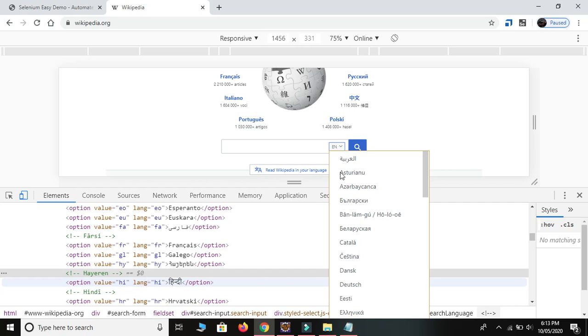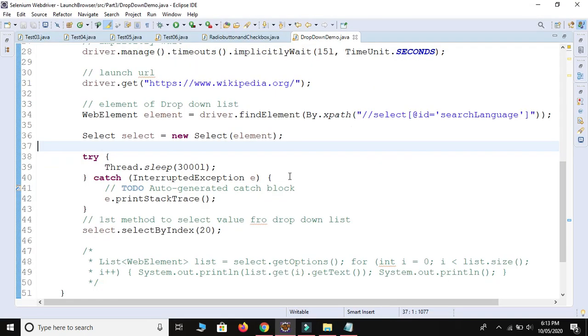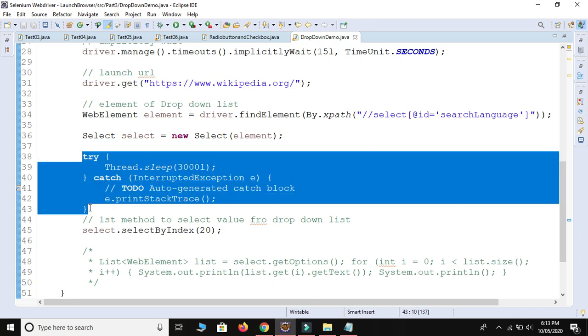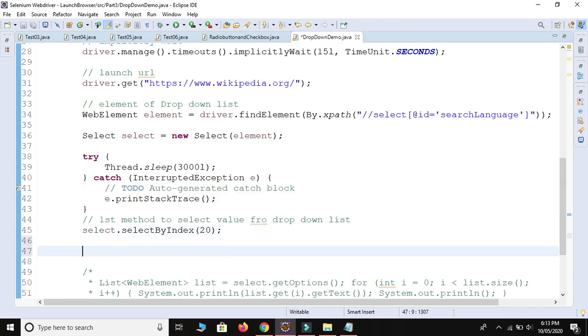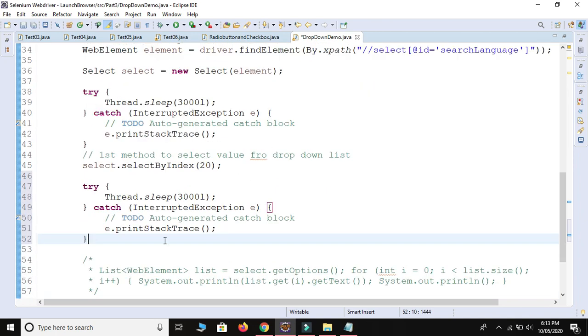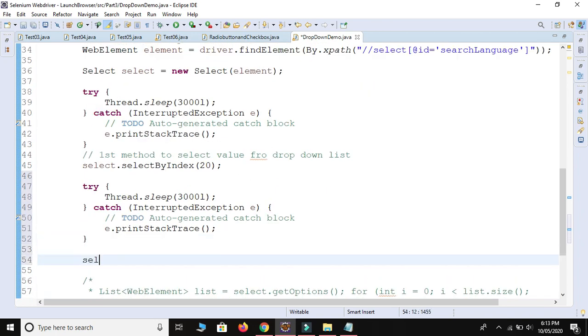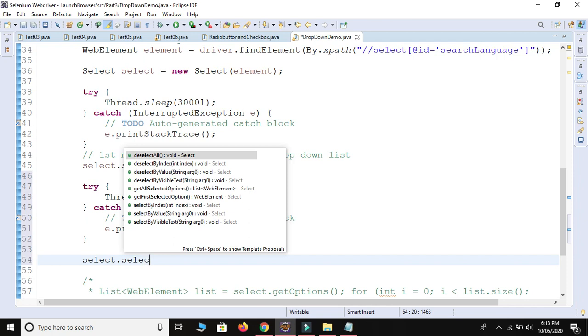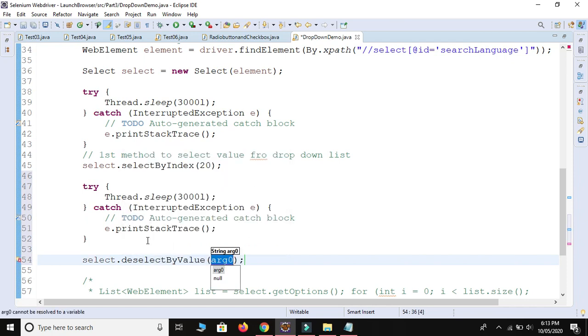So if I need to, let me use wait again, copy and paste, and we are going to use our second method, select by value. Let me provide the value of any particular language.